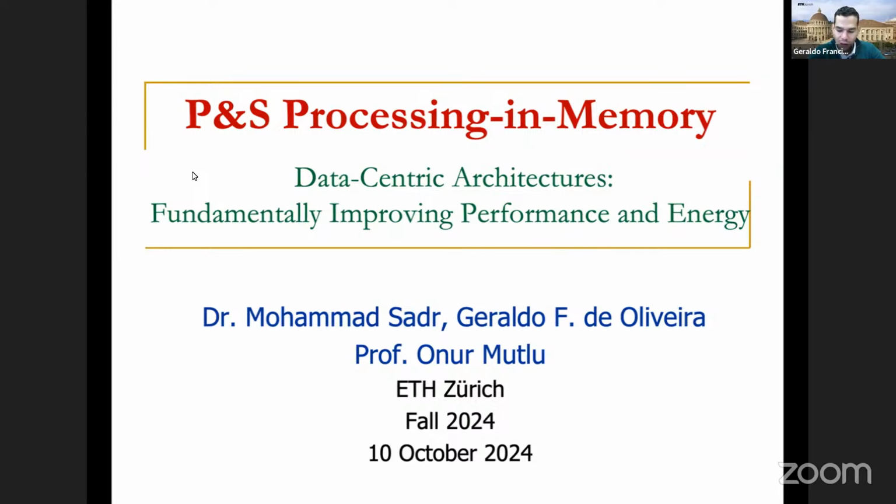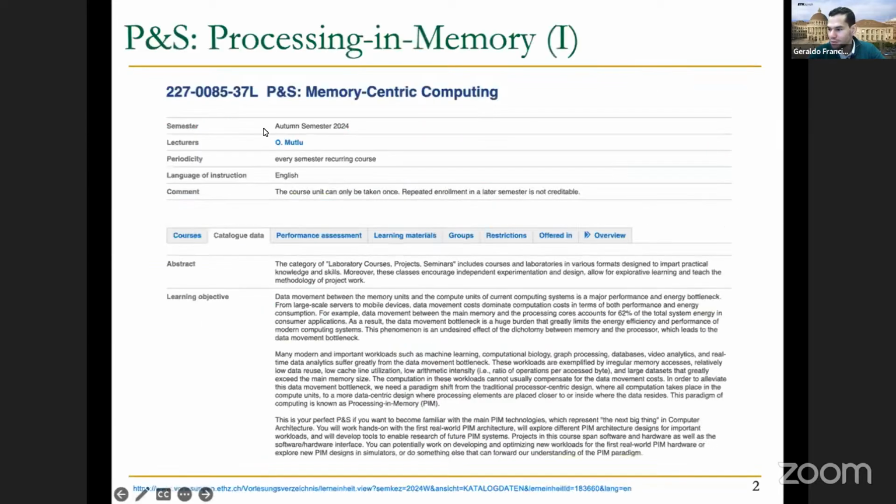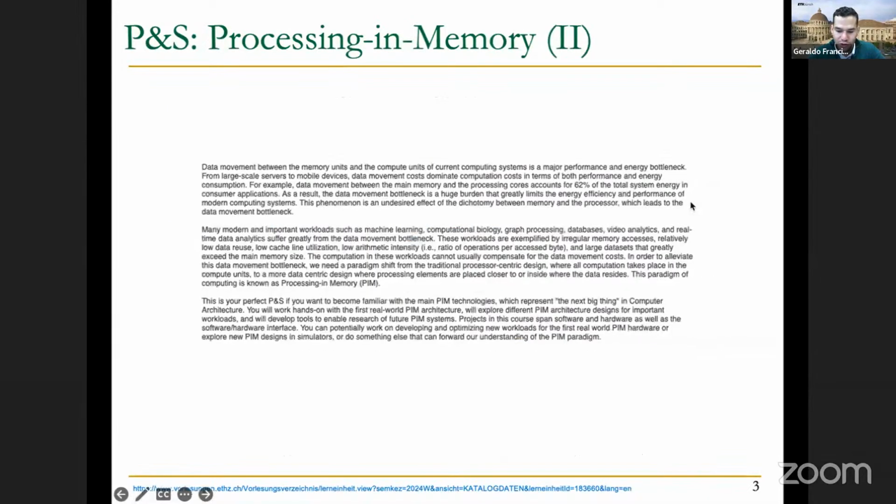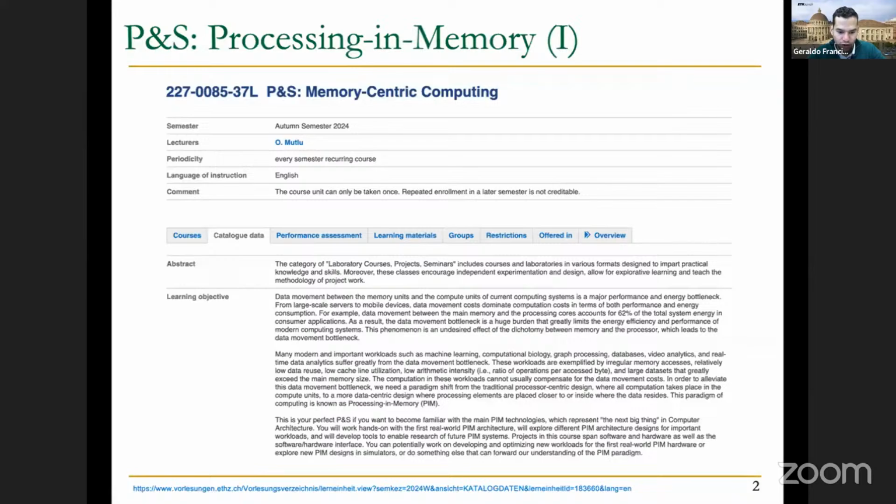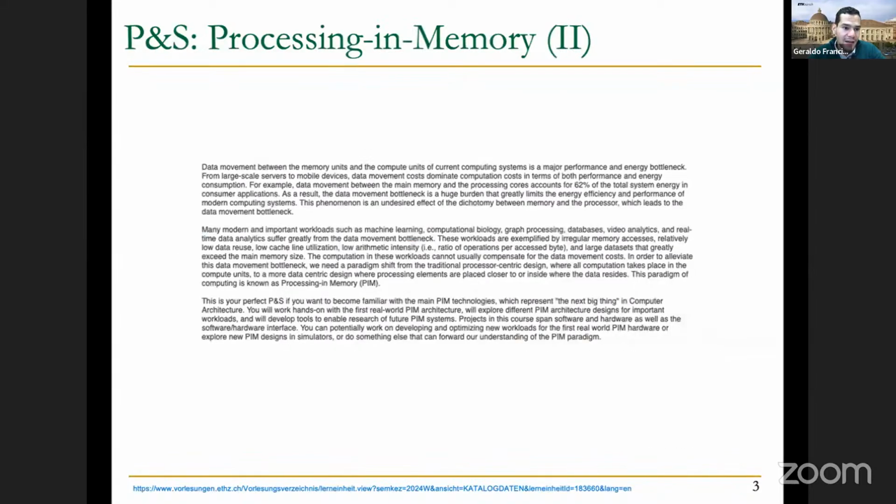So this is the schedule or the description that you might find on ETH's website about this PNS class on memory-centric computing or processing memory. We are going to use those terms interchangeably here. I want to highlight some of the keywords that you might find in the description of this class. The main problem that you are trying to deal with in this class is that data movement